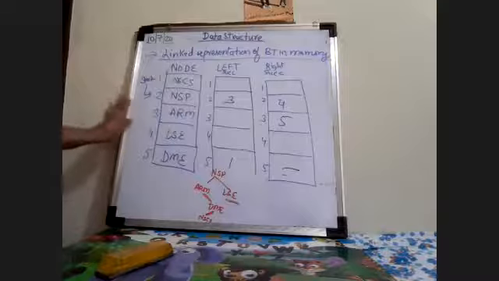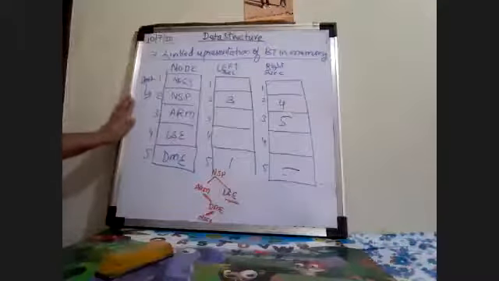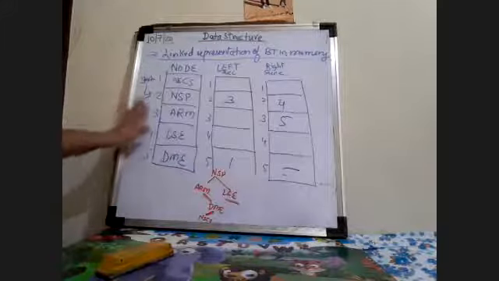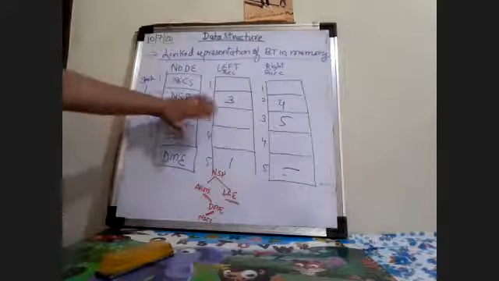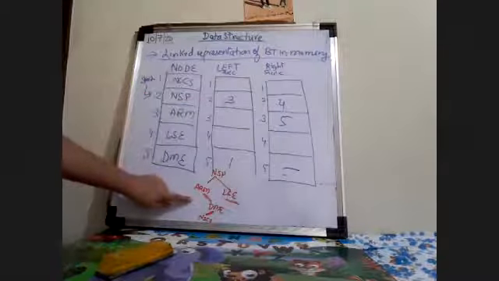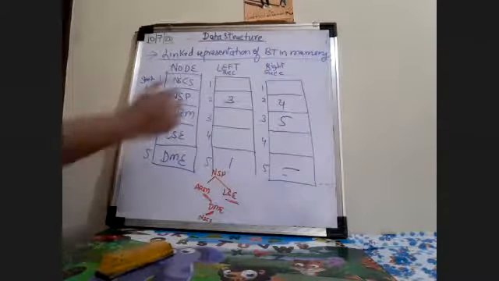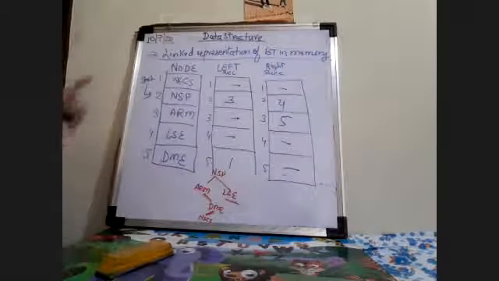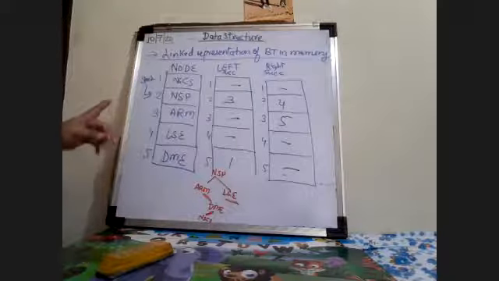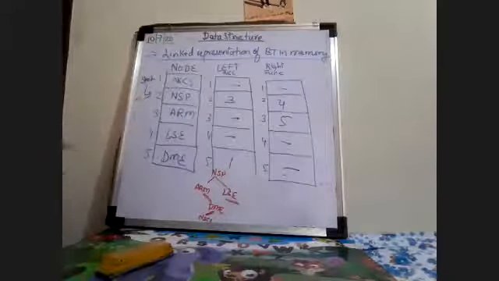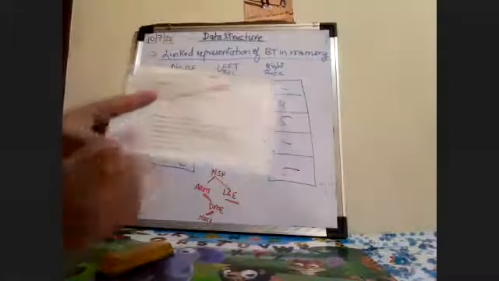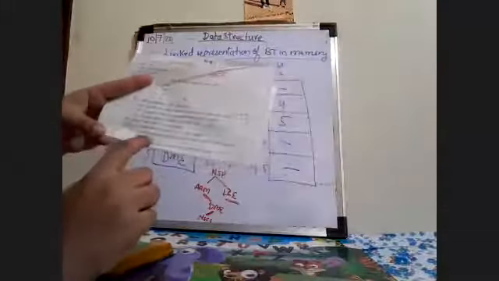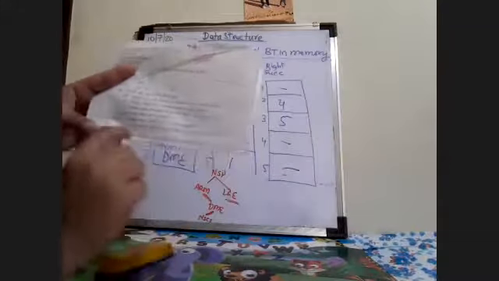In boards, you have to explain this example. You have to properly draw the diagram, and show which binary tree you have got from that diagram. And wherever there is null, you have to show it as empty. Okay, so what is a binary tree was asked for 1 mark and linked representation of binary tree in memory for 2 marks. See, question number 2A: Explain linked representation of binary tree with suitable example. With suitable example means this example.